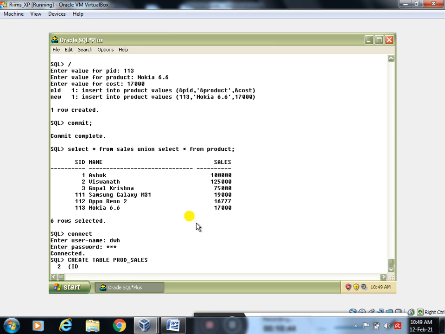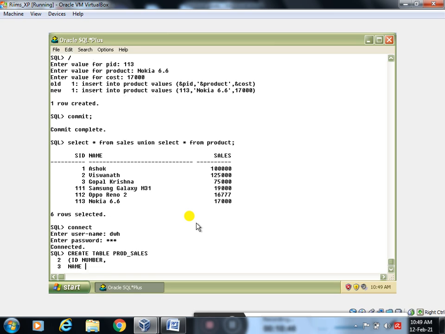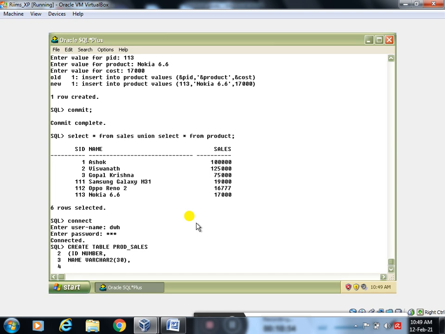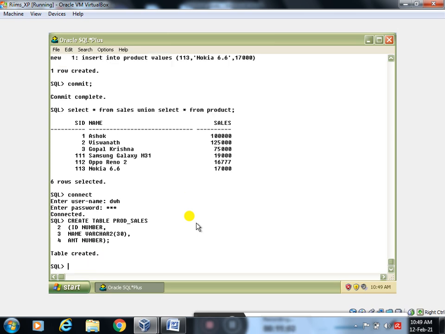What is my first column? ID, number type; name, varchar2(30); and amount, number type. So in the target I created the table named product_sales with the 3 columns ID, name and amount.